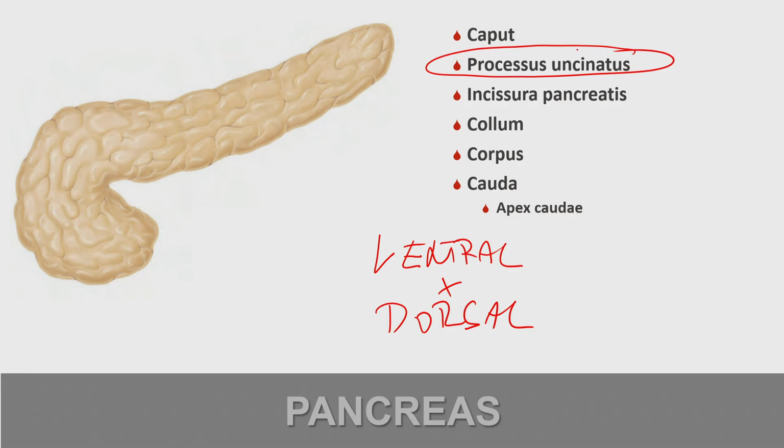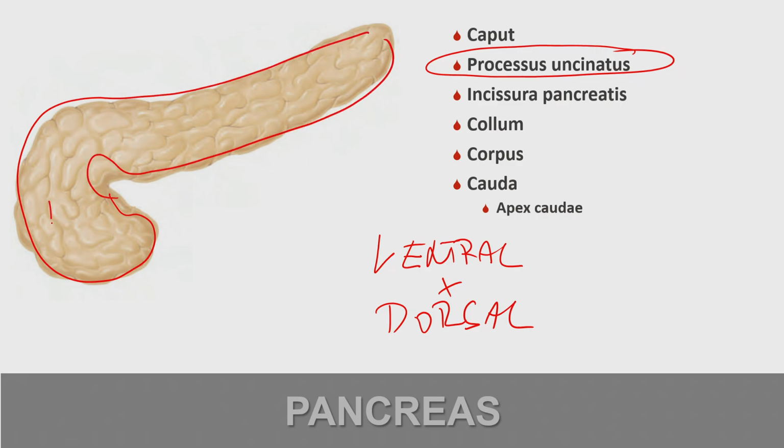So we here have the pancreas. The pancreas is like a St. Nicholas stick or bishop stick. Here we have a head. Here we have a neck. Here we have a body, and here is a tail, an apex of the tail. This is a groove or incisura,